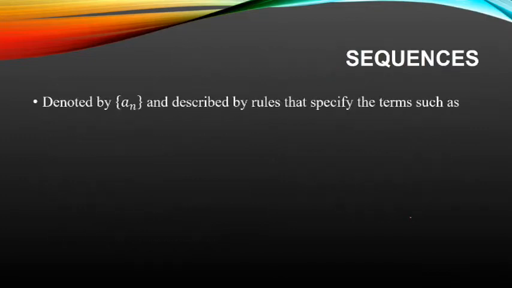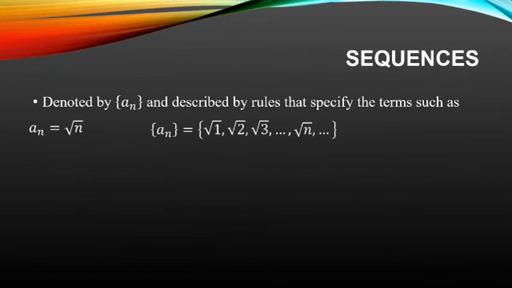So sequences are denoted by set notation, braces, and inside that we have the a sub n, which is the nth term. So the a sub n describes each of the terms of the sequences and is described by rules that specify the terms, such as a sub n is equal to square root of n, where its terms are square root of 1, square root of 2, square root of 3, up to square root of n, and so on, which can be shown also as a set containing square root of n, where your n is starting from 1